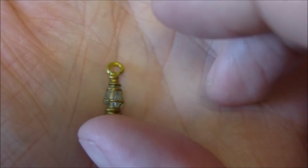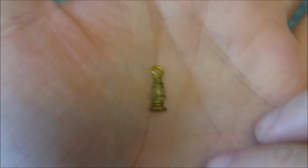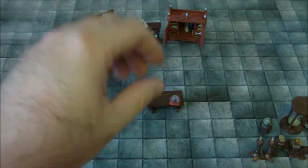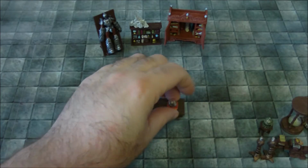Here we have the Ghost Lantern, which is so tiny that I don't know if there's supposed to be a ghost in there or not, but it just looks like a regular lantern. Very small. This is something I'd be very worried about losing, to be honest, or just having it fall off the table, and who knows what happens to it. And then we have, and this is probably going to be hard to make out as well, the hand and eye of Vecna,